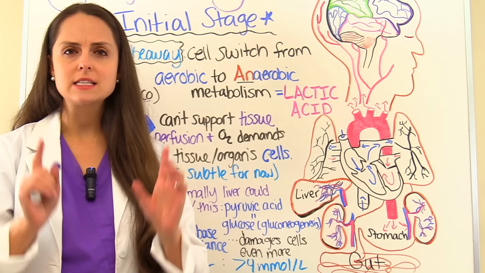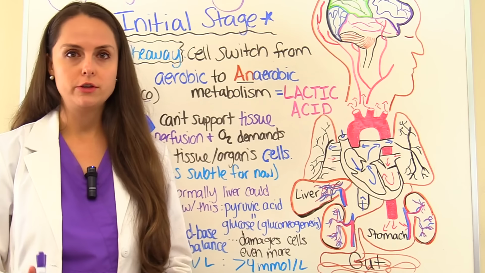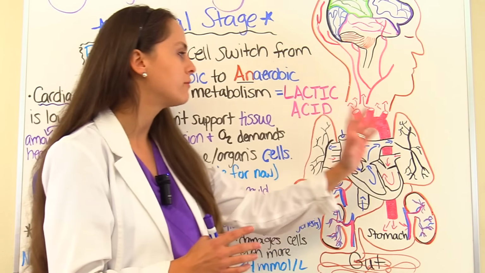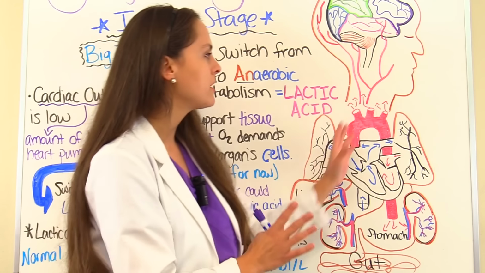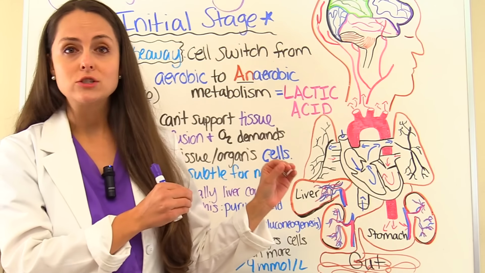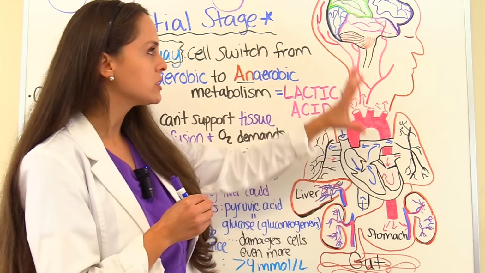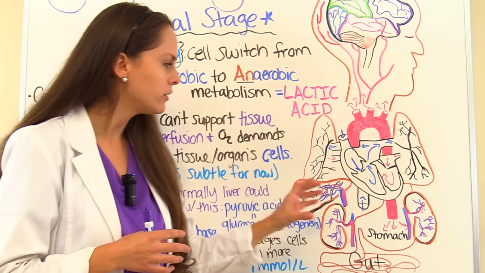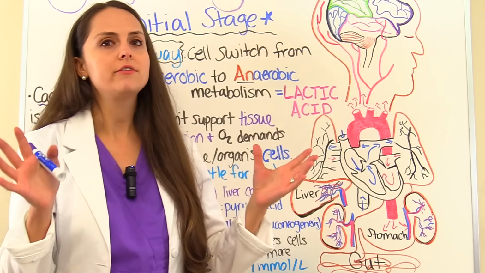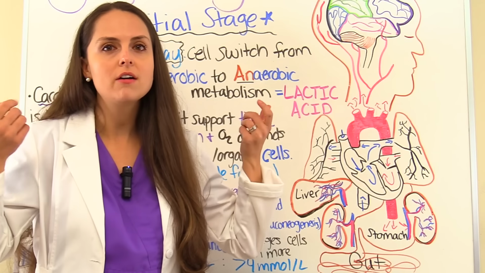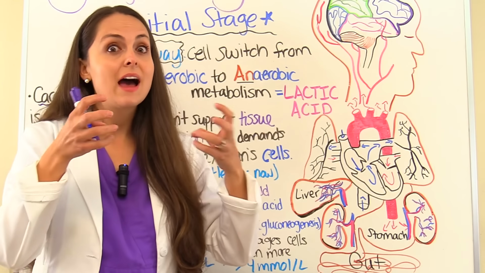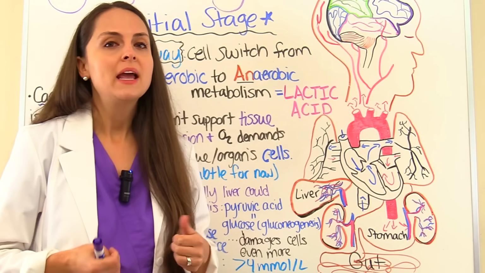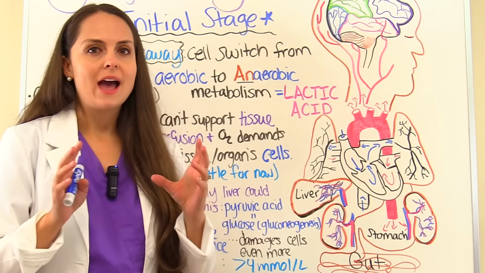And your heart is that central station for tissue perfusion because your heart, specifically the left side, receives oxygenated blood from the lungs, then it shoots it up through the aorta, which is a pretty amazing structure because it branches off in a network of arteries and feeds your brain, your liver, your kidneys, your gut, everything. And those cells take that oxygen from that blood, and they work and they do their job. But if they can't receive that, we have issues.